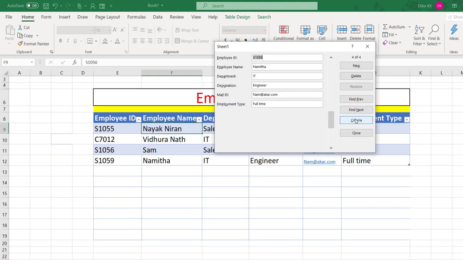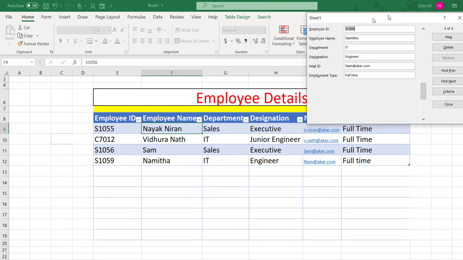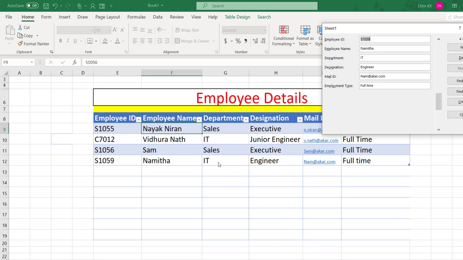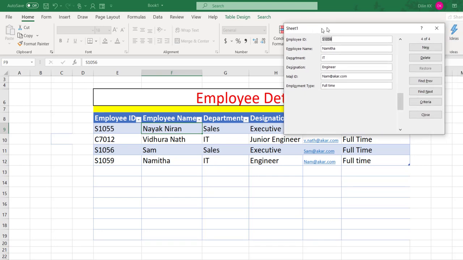You can see a Criteria option. This Criteria option is used to retrieve a single record or a set of records that satisfy certain criteria. So here I want to retrieve details of employees who are working in the IT department. So my criteria is the IT department.